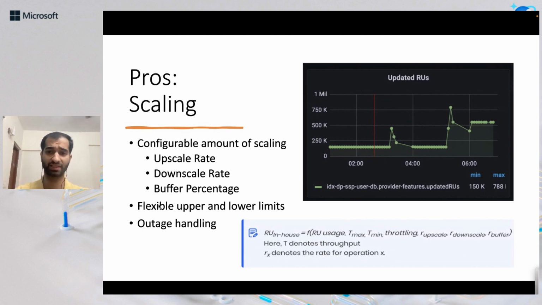So this is totally configurable. Another thing that this solution provides us is a flexible upper and lower limit. You remember that I gave the example of being bound with the Azure Autoscaler, where if we want 2 million RUs, then we also have to have a minimum of 200K RUs. With a custom autoscaler, that problem is not there. Because these are both decoupled configs, we can simply set the lower limit as, say, 50K or 100K, and even then we can set the upper limit as 2 million.